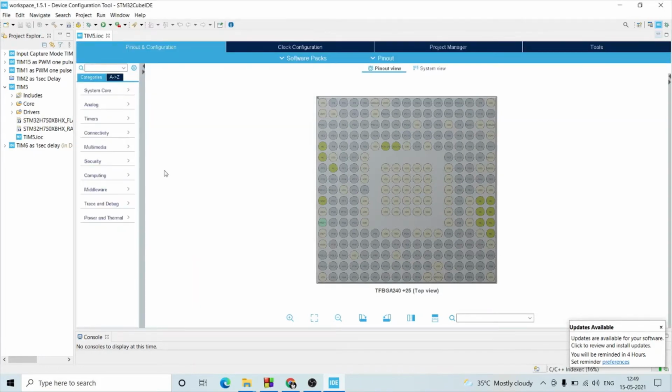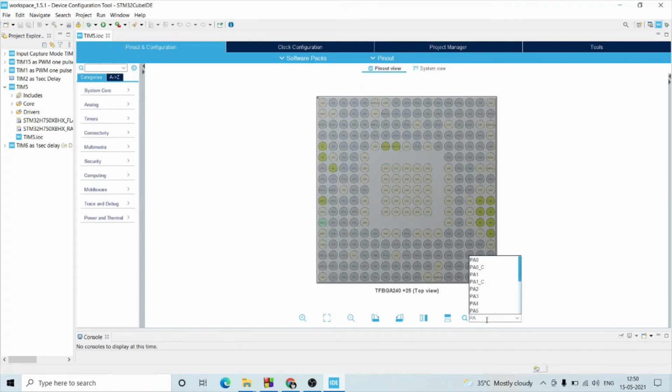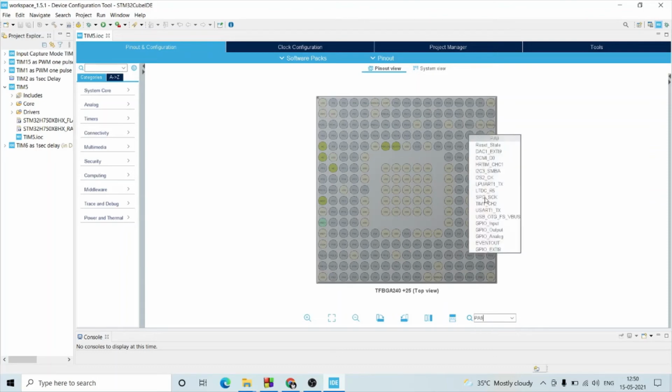After this will be the configuration of the controller. If you need to select any GPIO, you need to search for that GPIO. Suppose port A 9 pin, it will show you that this one is the 9 pin. To configure this pin as a GPIO input, output, analog, timer, or external interrupt, you can select from there.